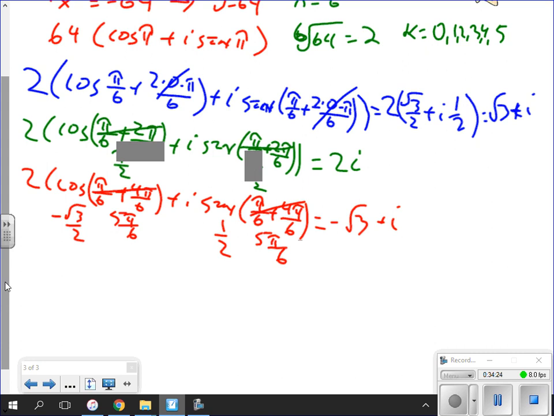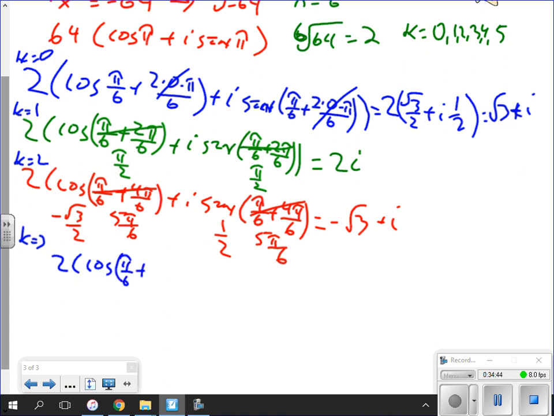So this one, k equals 0. This one, k equals 1. This one, k equals 2. This one, k equals 3. I should have made that nomenclature first, because otherwise I would have lost my place, which I was starting to lose. So I get 2 times the cosine of pi over 6 plus